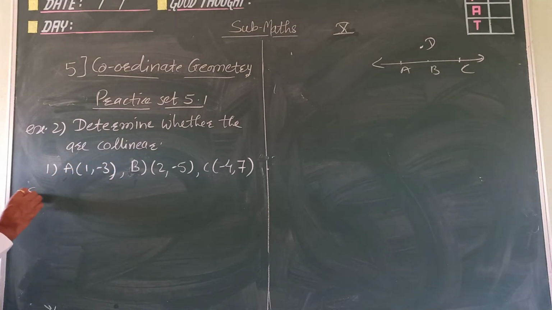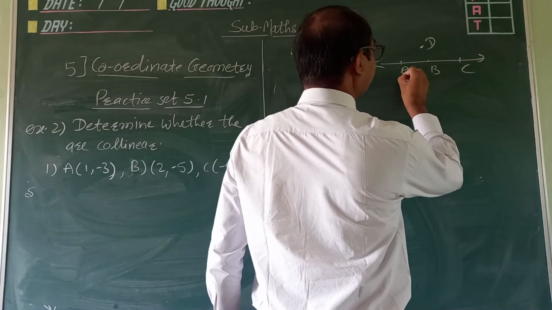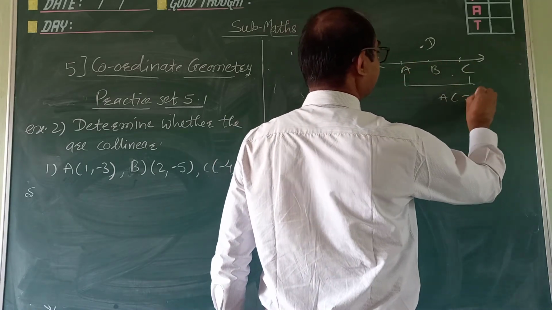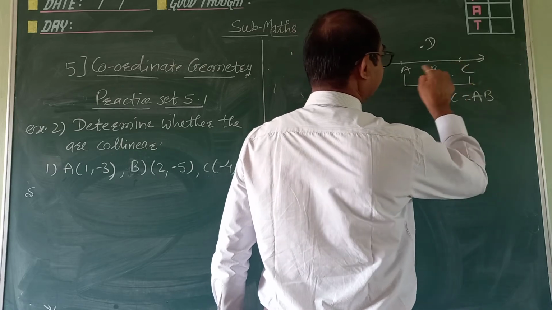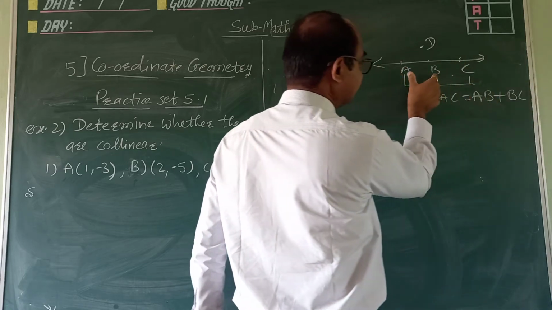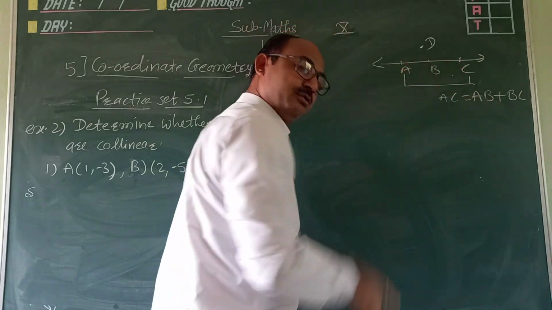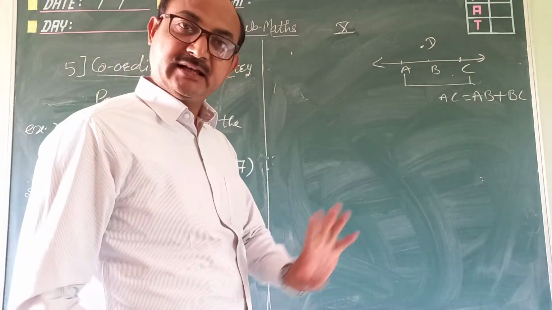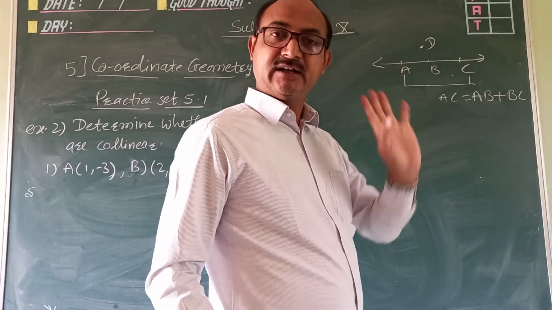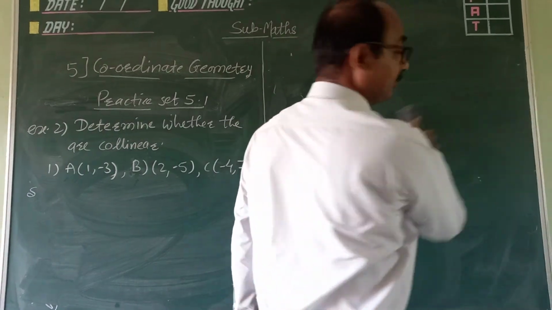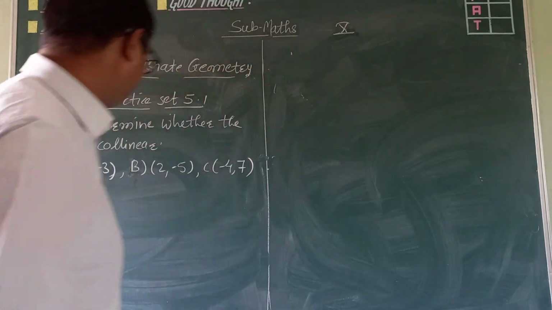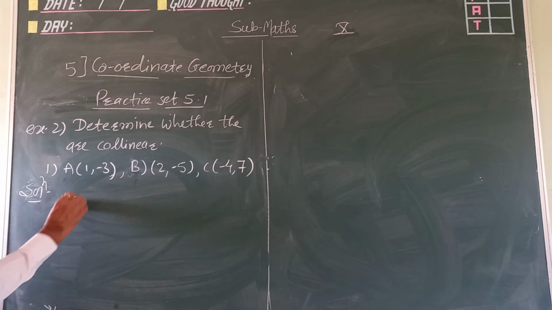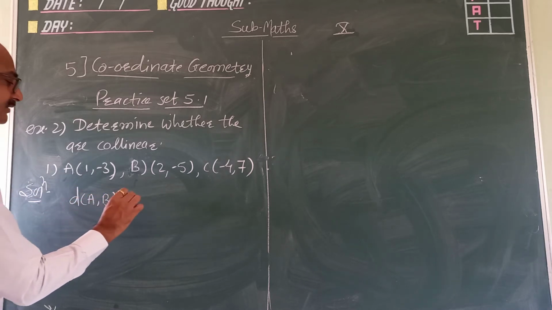So suppose you take these distances. For example, what you have to show? Suppose this is AB now, so you have to show ABC. Suppose like this it comes, and this is the big distance. You have to show AC is equal to AB plus BC. Means the addition of these two small distances is equal to the big distance. Then you can say the points are collinear. If that addition is not equal, then you have to say they are non-collinear. So very simple. So one by one, first we have to see the distance AB. For distance AB, suppose we will take.